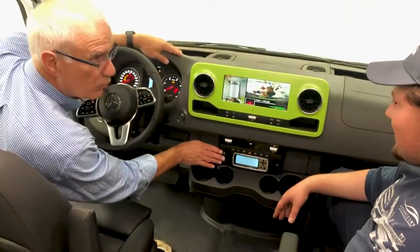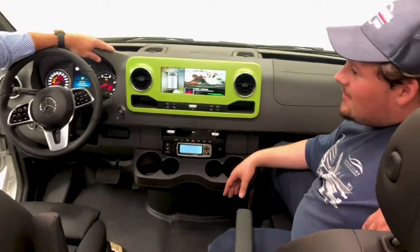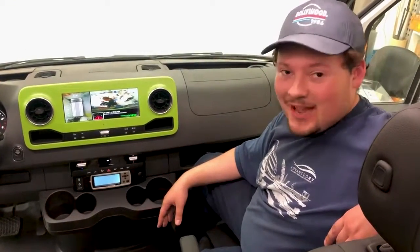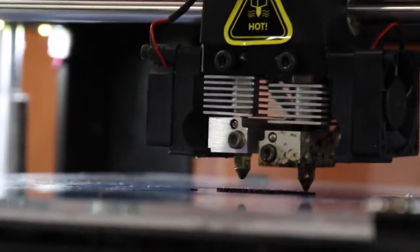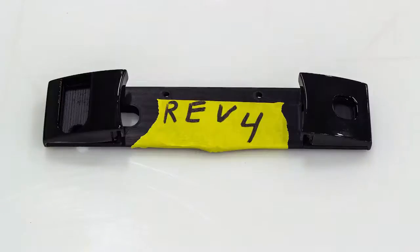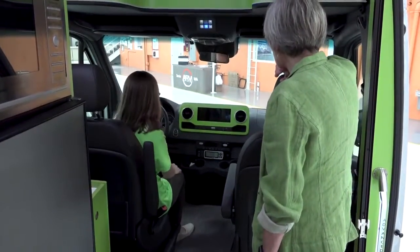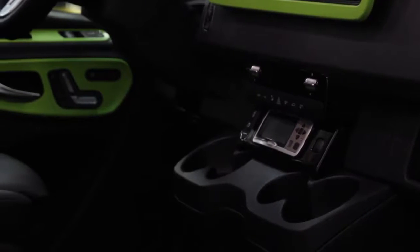There was nothing here before, right? This whole black thing you created. How did you do that? Correct. So I spent a lot of time in SolidWorks and a lot of time with our 3D printer to kind of make these shapes, shape them how we wanted them, so they all fit in there nice and neat. It's a very clean looking dash. Very flush. Looks like it's built right into the Sprinter dashboard, which it is, but it looks like it's part